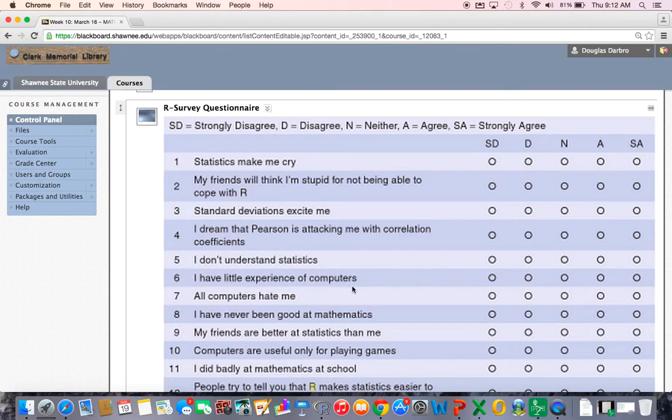"I have little experience of computers." Strongly agree, possibly a frustration level. "All computers hate me." Strongly agree, frustration level. However, when I come back to number 3, "standard deviations excite me," strongly agree doesn't indicate a frustration. Strongly disagree would. So one of the first things you've got to do when you get a questionnaire or a